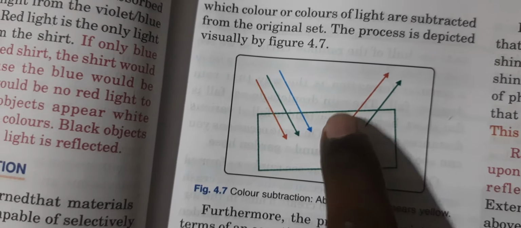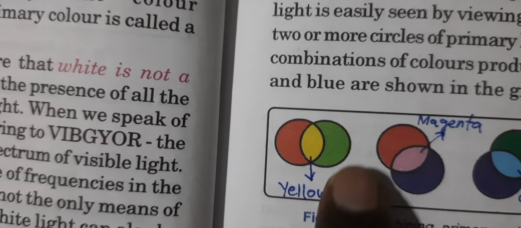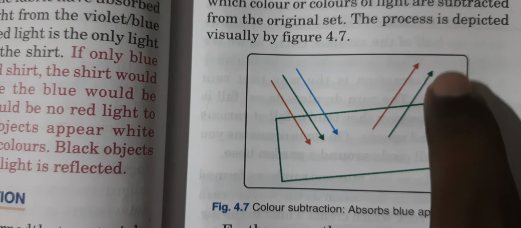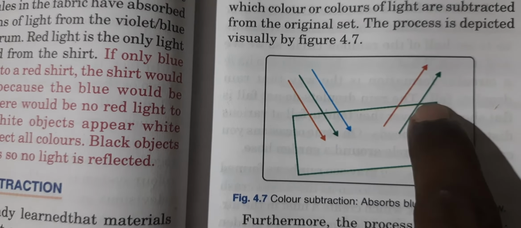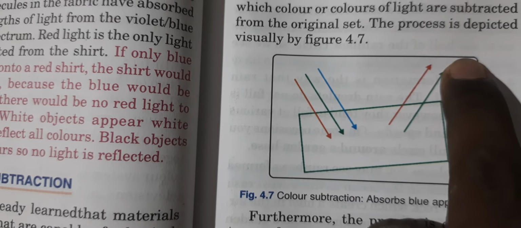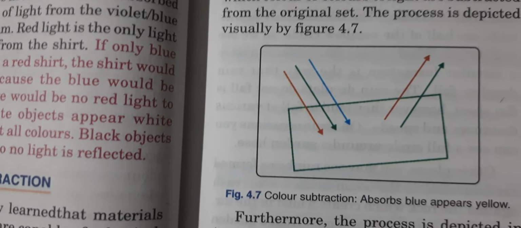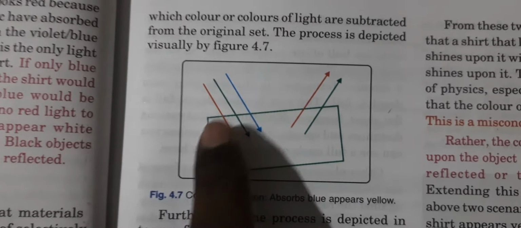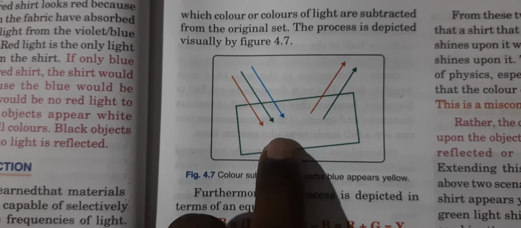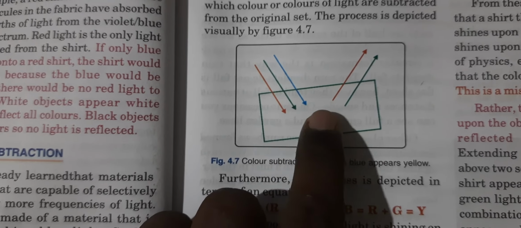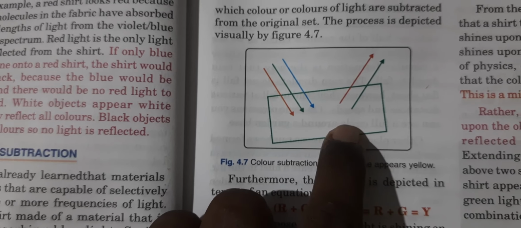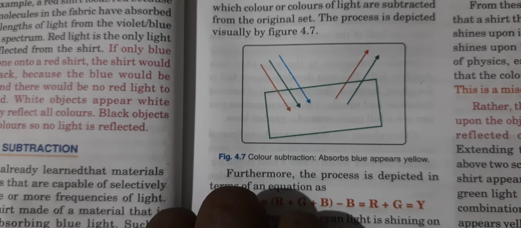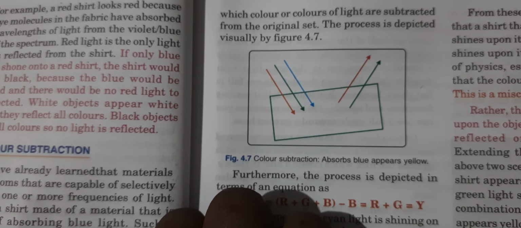So red and green creates an impression of what? Red and green creates an impression of yellow color. So the person who may be standing over here, when this reflected combination of red and green reaches his or her eyes, then it will appear yellow color to him, because red and green combine and give the secondary color yellow. So this example that I just taught is an example of color subtraction. See, from these three primary colors, blue color is subtracted from the light and it is absorbed by the surface, and the remaining two colors are reflected. So this is just one example.